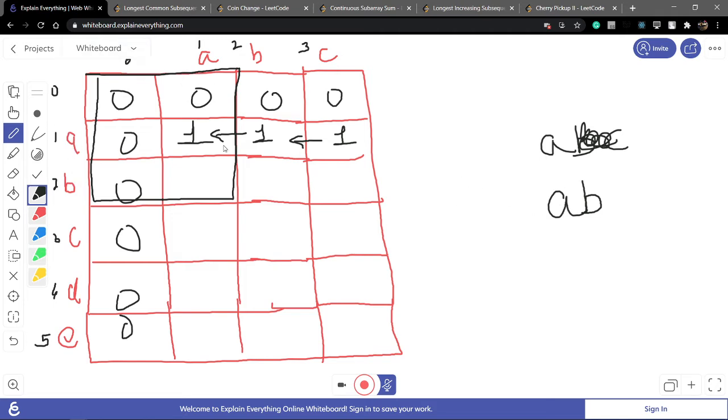AA match, so I fill in 1. But B comma A, does it match? Never. If it does not match, this value comes from the 1. Why? Because it is already length one, and this is a length one, so I take it from this side. Okay. After that, I make AB and AB. AB and AB, so this B matches from this, which means the value is 2.